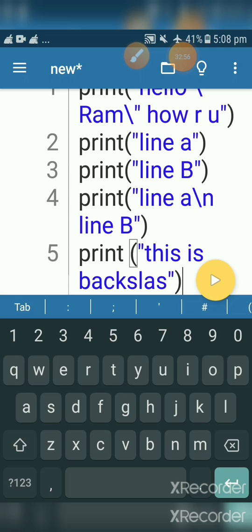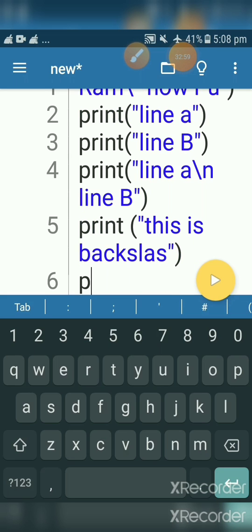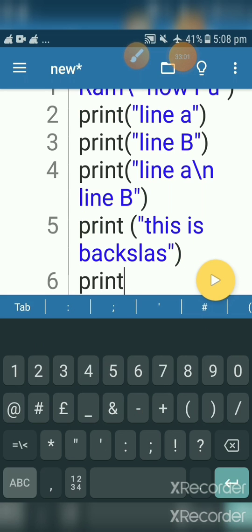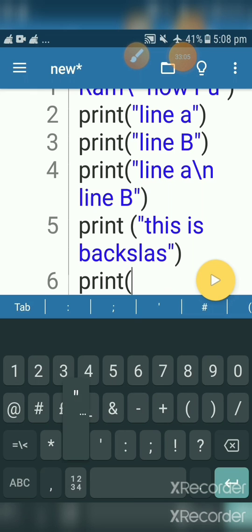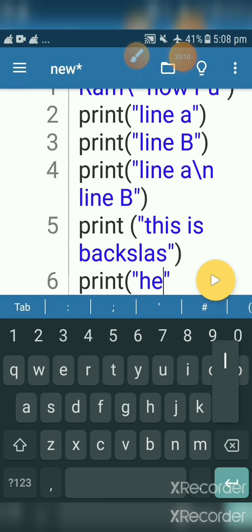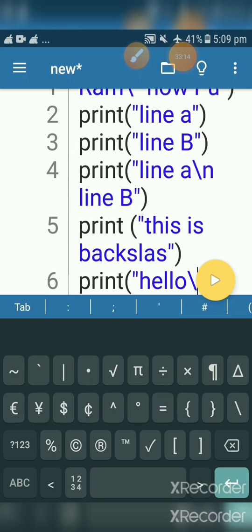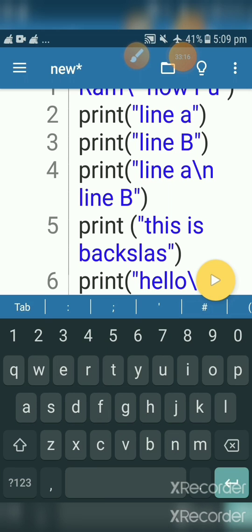Remove this, put enter here. How? Print hello, I want a tab \t, after that write world.